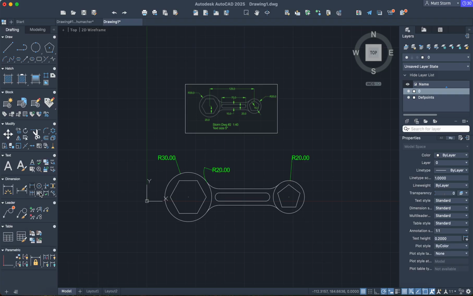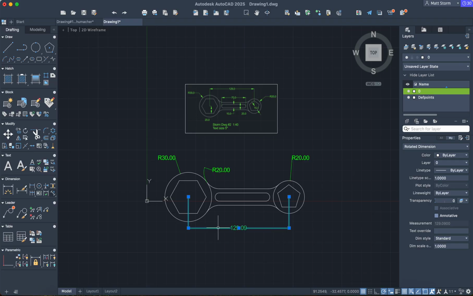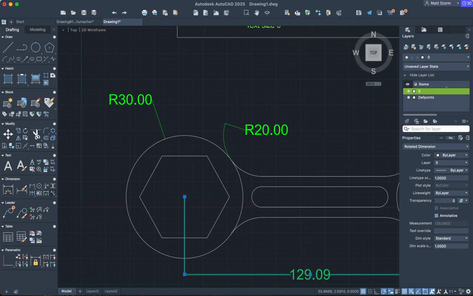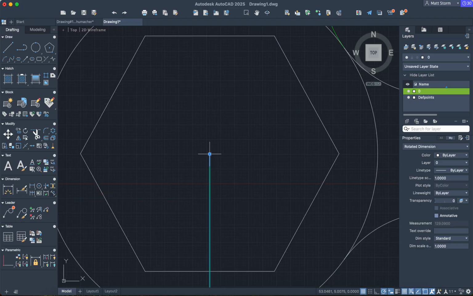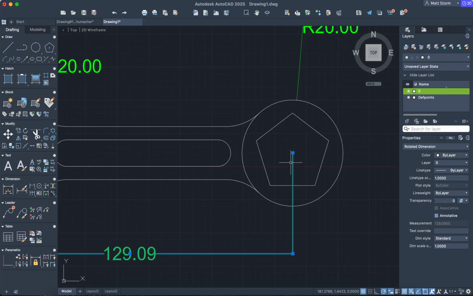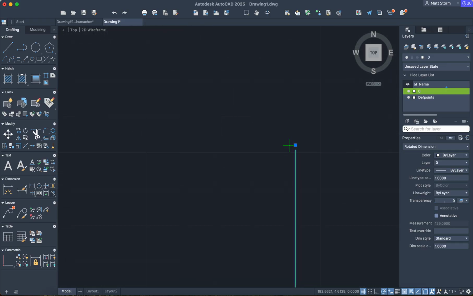All right, let's keep going with dimensions. So I'll need a linear dimension from here to here, so we know our spacing. Ooh, that's an oddball. It should be 129. I got 129.09. Here's, I bet, what happened. I clicked on the wrong part of my dimension. If I zoom in really far, and I'm kind of happy this happened, so this one did line up here. On the other side, I bet you I clicked here by accident. Yep, that's exactly what happened. So if I click and move that,